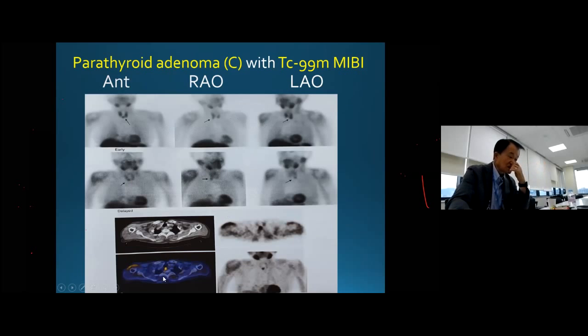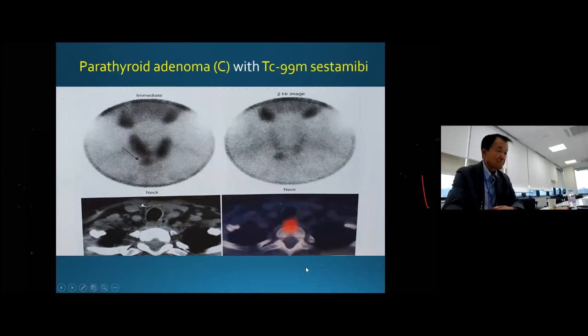So this is deep, it's deep. It's whatever body, esophagus right here, bad. This is right adjacent to the, so right here. That's a C type. Okay, another one here, right in front of the vertebral body. So that's a deep one. This place is called the thyroid esophageal groove space.